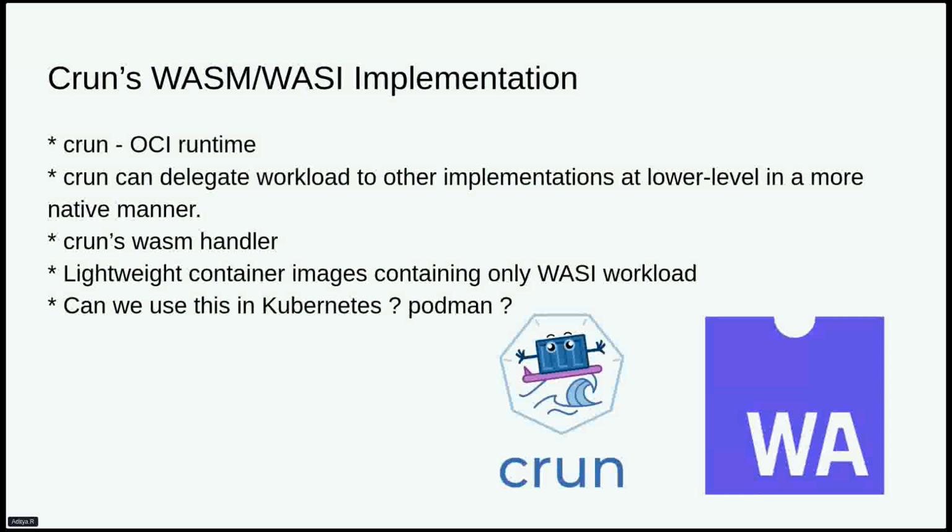So why do we think that Crun actually needs to do it, and why can't OCI images themselves carry the WebAssembly runtime? If you see, in most cases, the actual workload, the compiled WebAssembly module, is very small, from a few KBs to a few MBs, and there's no need to ship or carry along a bloat of WebAssembly runtime when it can be provided by the host by default. In fact, I believe that in the future most hosts will have a default, native WebAssembly runtime built in.